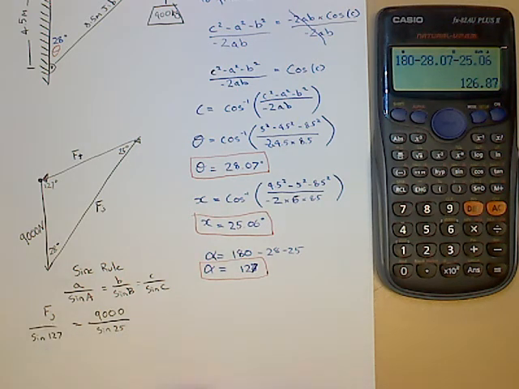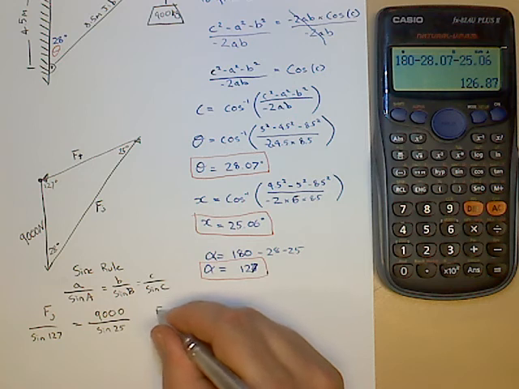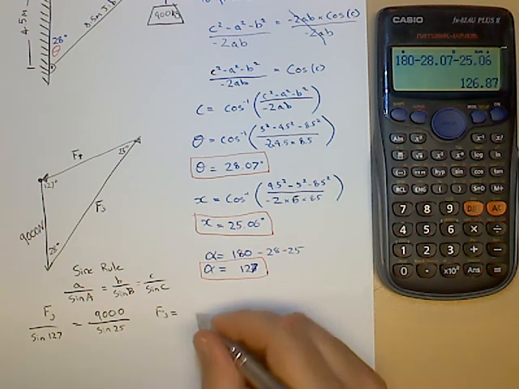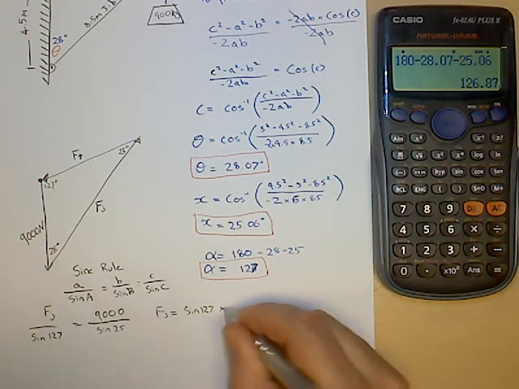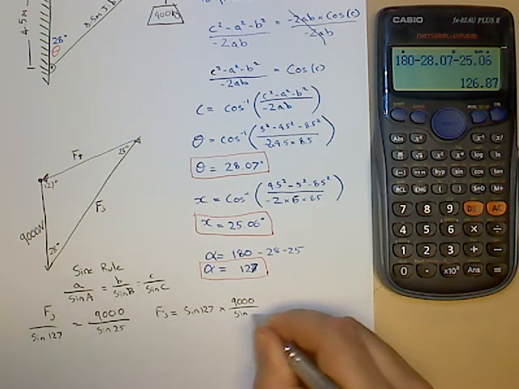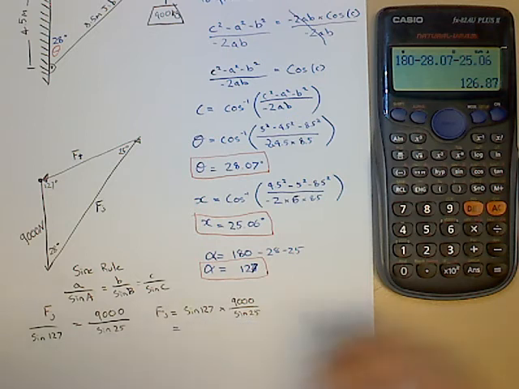So our unknown is Fj, so we can times this whole side by sine 127. So Fj equals sine 127 times by 9,000 over sine 25 equals